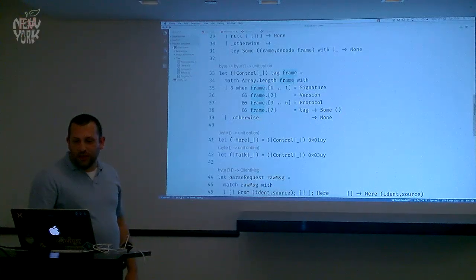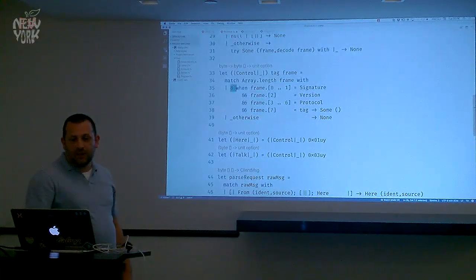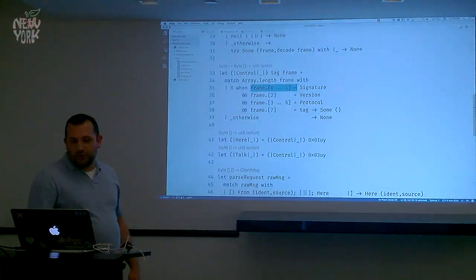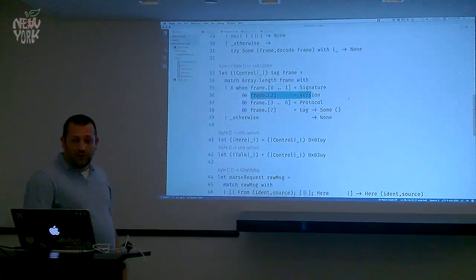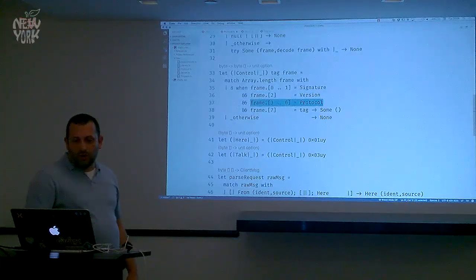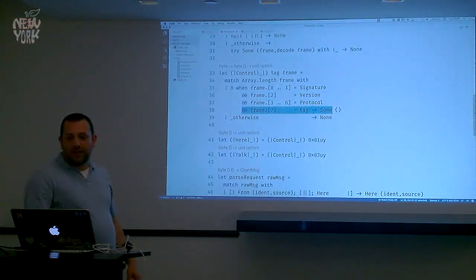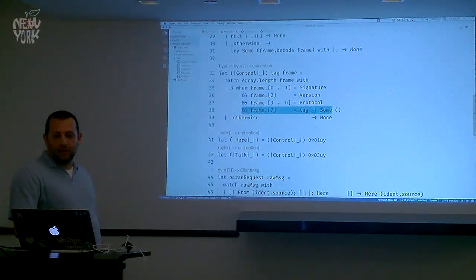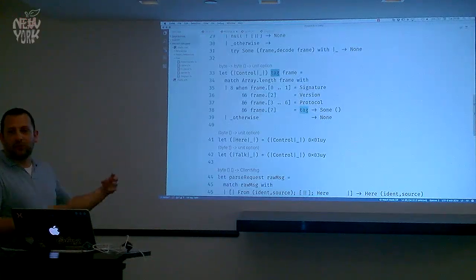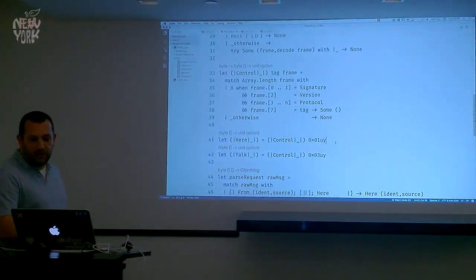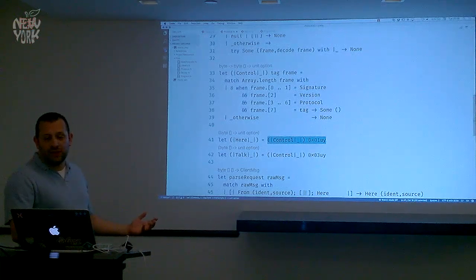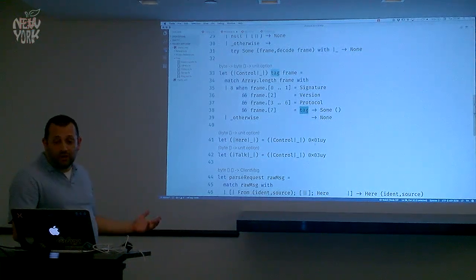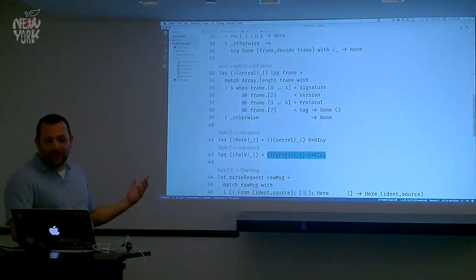We check that the frame is in fact 8 bytes wide, and that the first 2 bytes are our signature, the 3rd byte is our version, the next 4 bytes are our protocol, and the last byte is some actual value. And here we just match against that value so we can easily partially apply it down here to say, here is when everything else is true, and that last byte is 1. Talk is when everything else is true, and that last byte is 3.